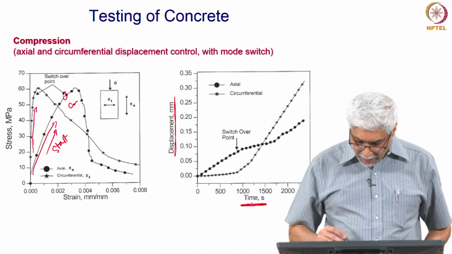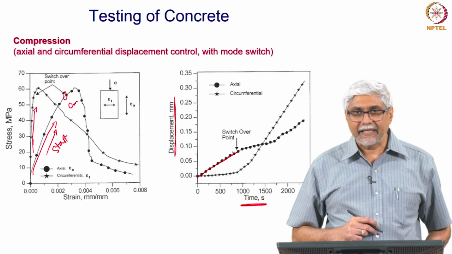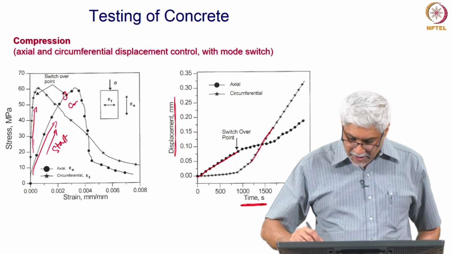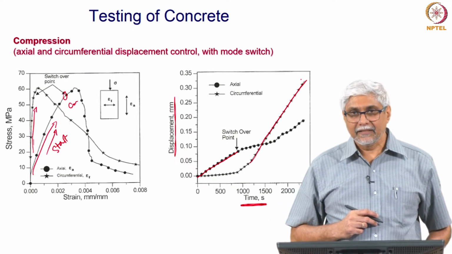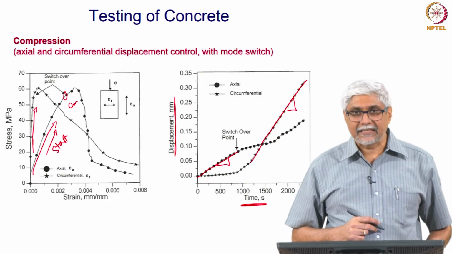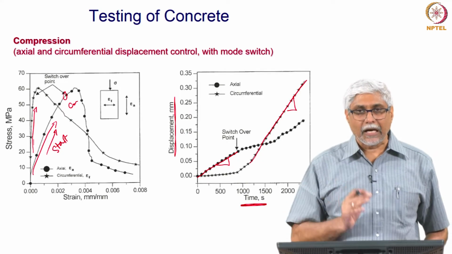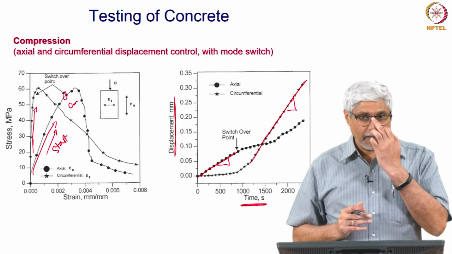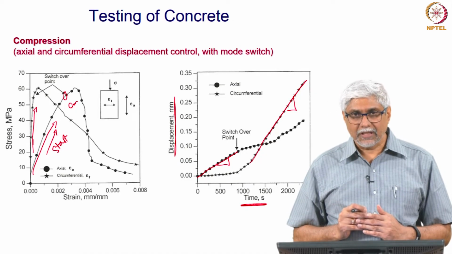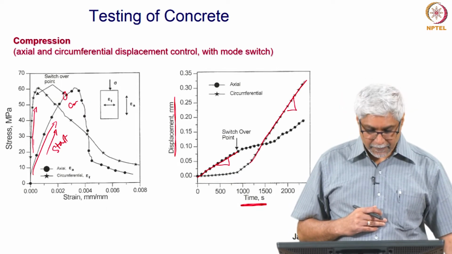What was done is it was decided that the axial strain would keep increasing at a certain rate, it reaches a certain point and then it switches to the circumferential strain, which then increases linearly. So, the control has been switched from a linear increase in axial strain until a certain point and then switched to the circumferential strain. So, a good control system should allow us to switch from one parameter to the other, and in our labs generally we would start off a test with load control and then switch to some strain control, could be axial then circumferential depending on the test.